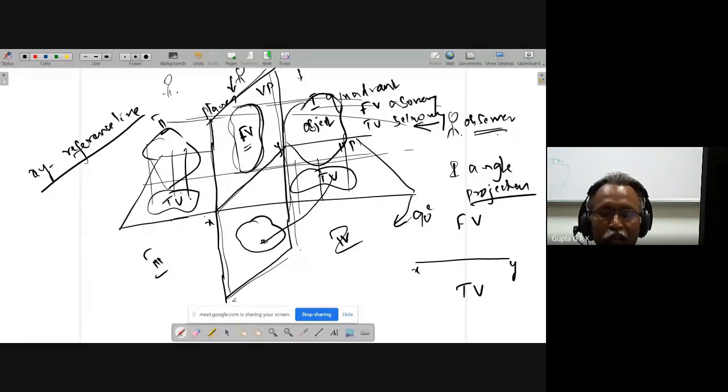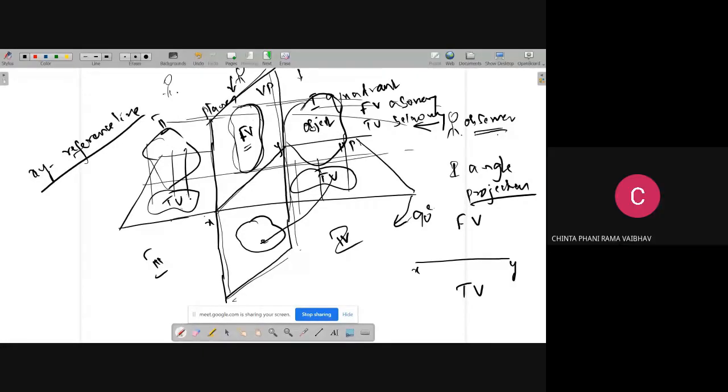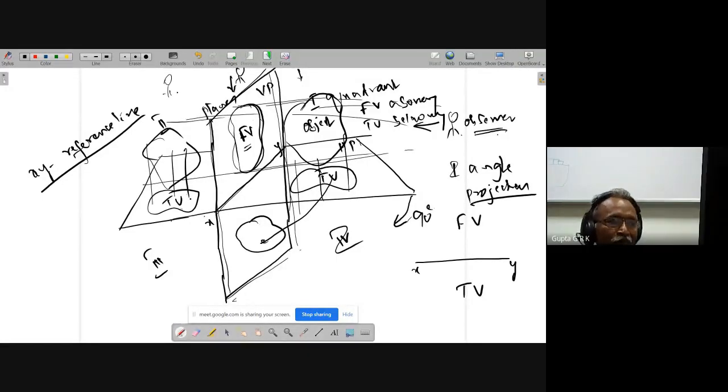Am I right? Now, front view and top view are on two different perpendicular planes. Now, if I rotate again 90 degrees clockwise, what happens? If I rotate HP 90 degrees clockwise, what happens to front view and top view? They overlap. Front view and top view overlap because both